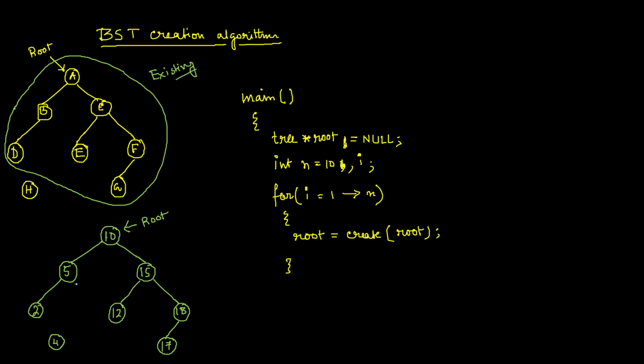So similar thing for this 12. 12 is greater than 10. So that's why if you assume that 12 is not here right now, it has to be connected. 12 is just a node created which is not still connected in the existing tree. So that means this particular connection is not present right now.